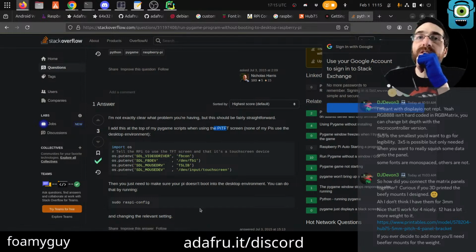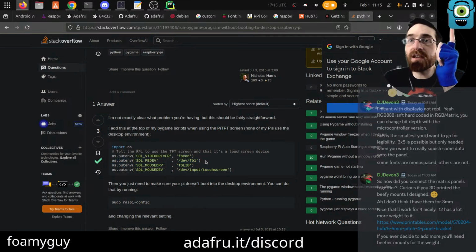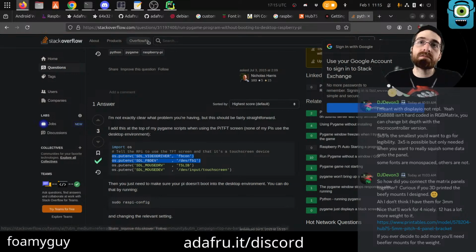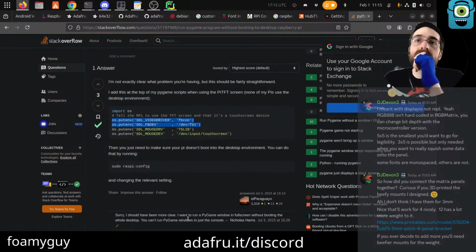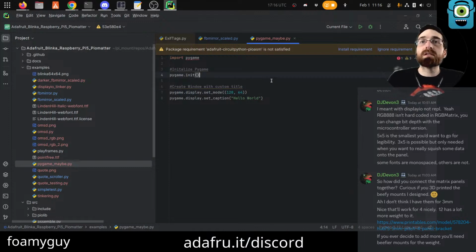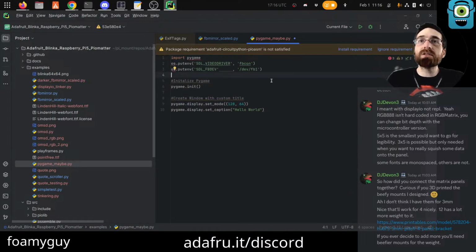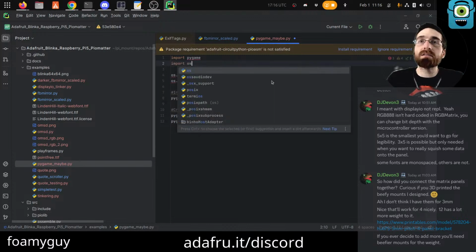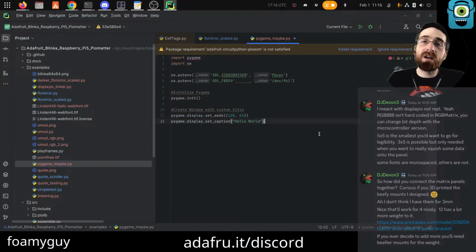That sounds pretty promising. So if we can manage to write to FB0, I'm pretty sure it will work. We're not going to do mouse stuff. So this goes where? This is in the Pygame scripts. So I think this might actually, if we're lucky, get us there. That would be super duper sweet. I still don't know, do we need a while true?